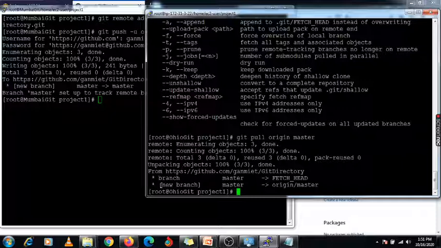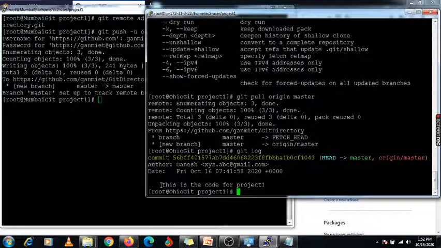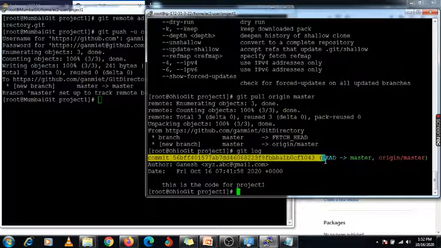Now you need to check what is available inside this central repository and what information you pulled from it. Using the git space log command you can check. This is the commit id which I got from this origin master.